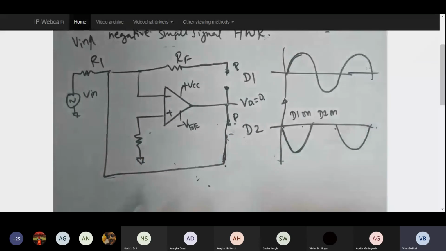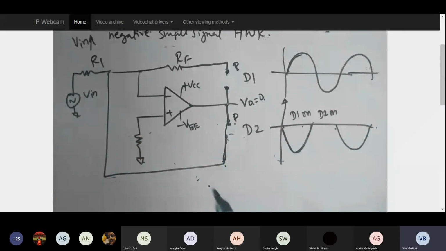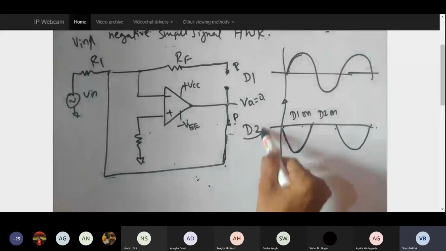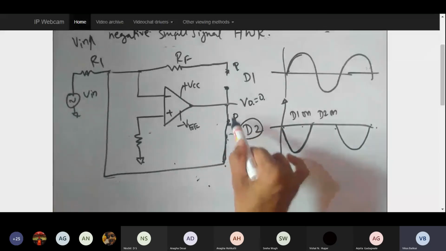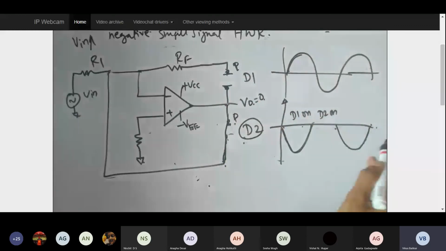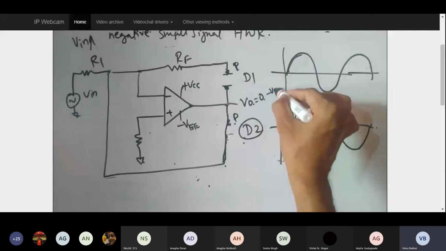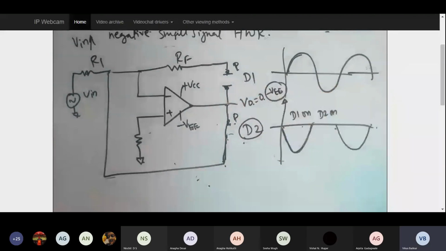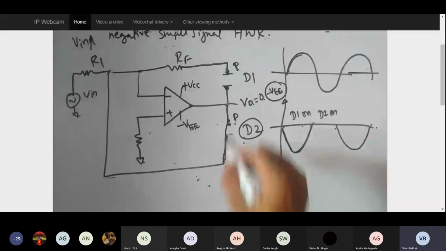And of course you can learn these concepts in the laboratory very well. If I connect in this fashion, you can clearly see how it helps the op-amp not reach saturation. So that is the reason why D2 is used over here. It won't reach the saturation, it won't reach minus VEE. So it will be held at 0. To ensure that happens, D2 is being used.